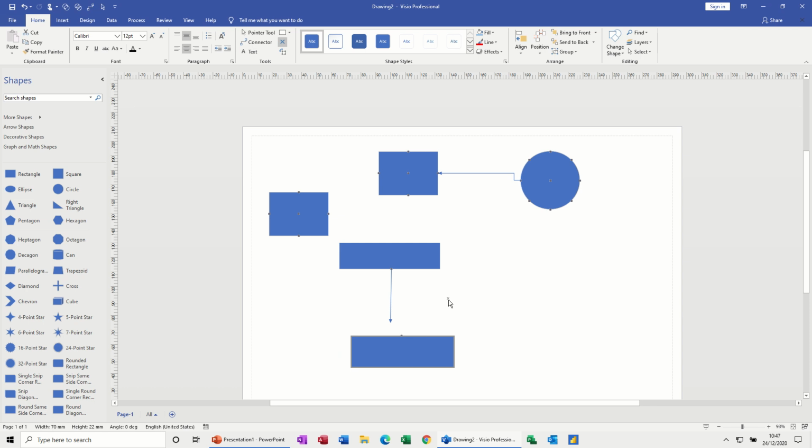I'm not liking that line, so I'm just going to do a new line from scratch. So connector line, there's a dot, connects up, pointer tool, stays connected. So you do have to faff about a little bit with these connector points when you put them on,